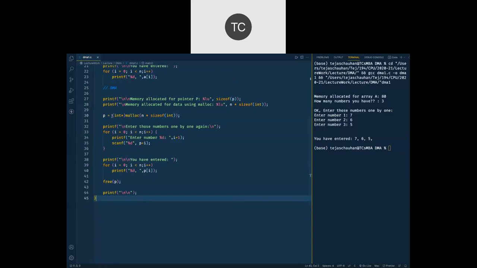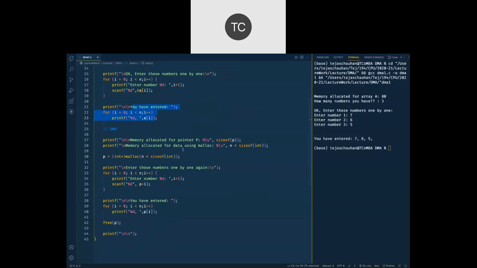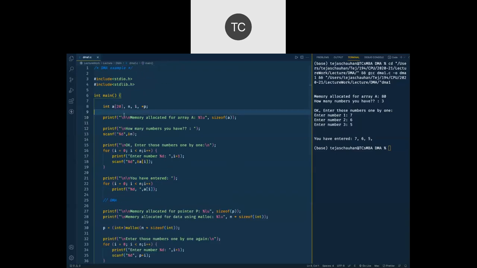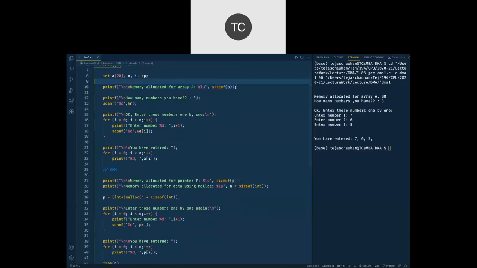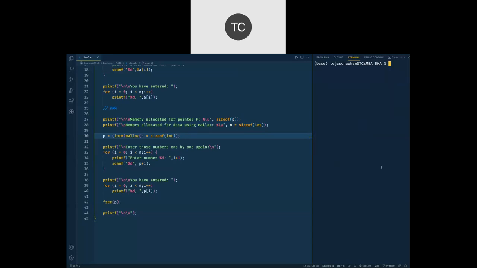हमने memory allocate की, हमने वो memory use की, and when we are done, हमने उस memory location को free कर दिया. So let us save this code and run this code now and check. User जो number देता है वो array से हम print कर सकते हैं, and we can print those numbers with pointer also. But at the time of array, we are having some size, but at the time of pointer and dynamic memory allocation, we have some different size. So we want to make it clear, right? So let me clear this output screen and run this code.